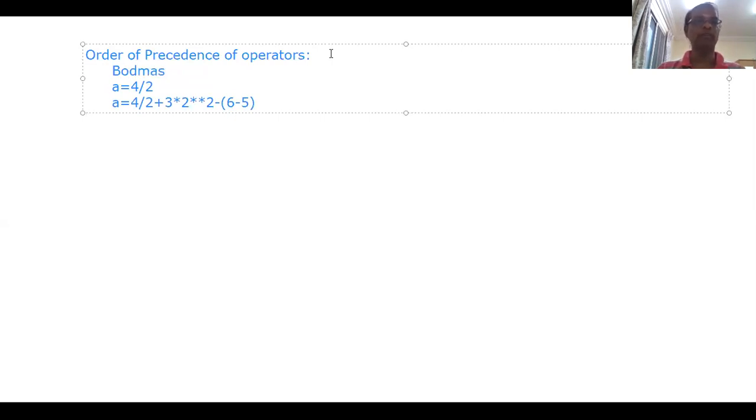BODMAS is an abbreviation for bracket, order, division, multiply, addition, subtraction.